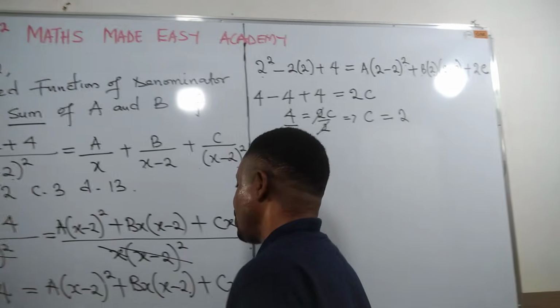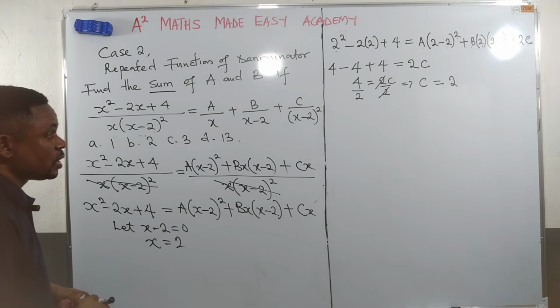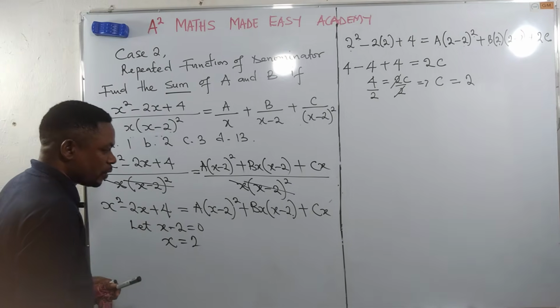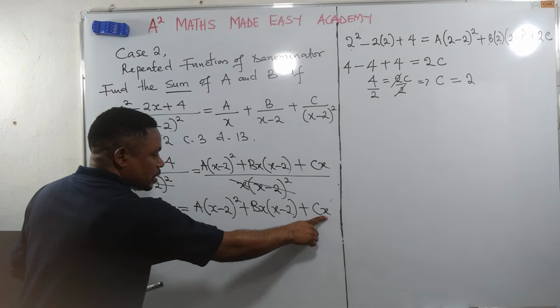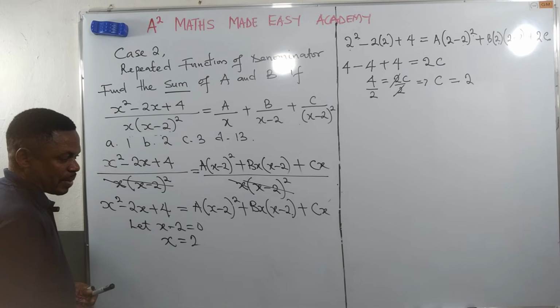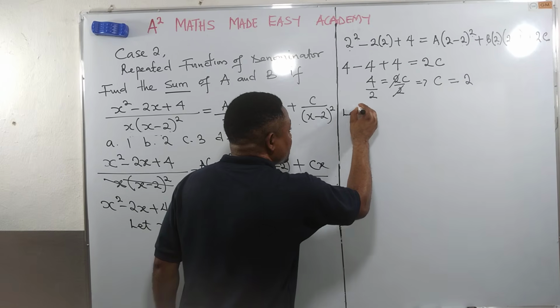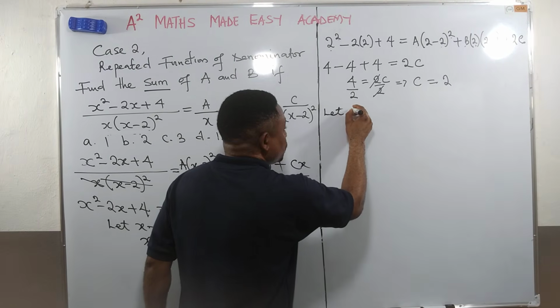Now let us move to a and b. Let us move to a and b. Now back to the question. Look up now. If I still consider x to be 0, so that I can now eliminate c. Am I communicating now? What am I going to get? Well, watch this. I will now say let the coefficient of c, which is